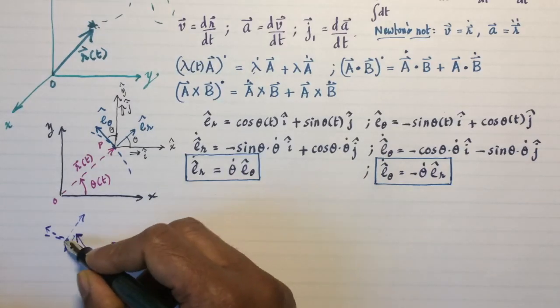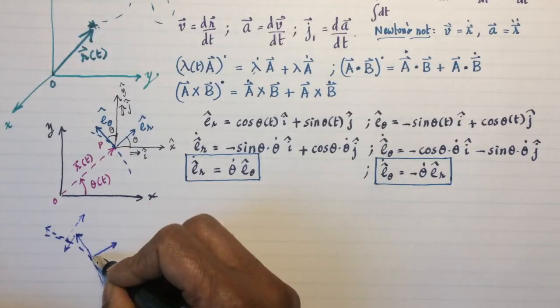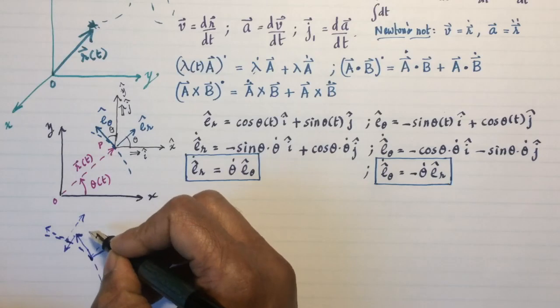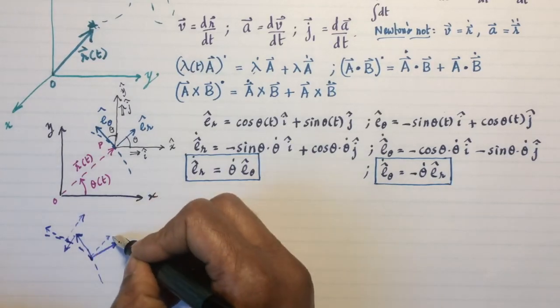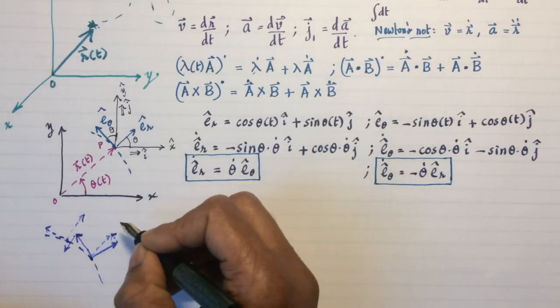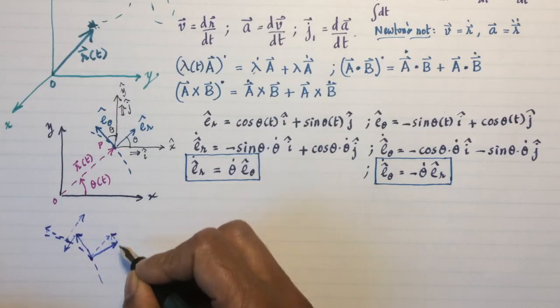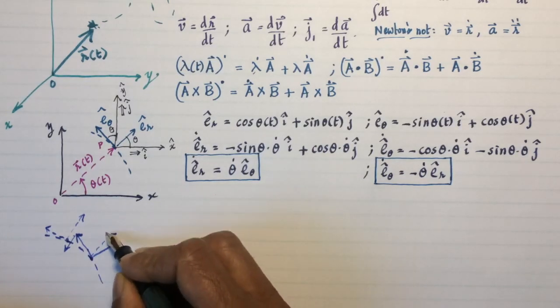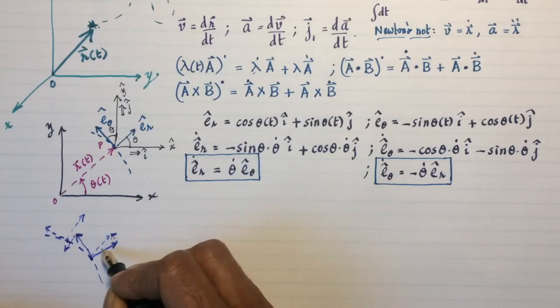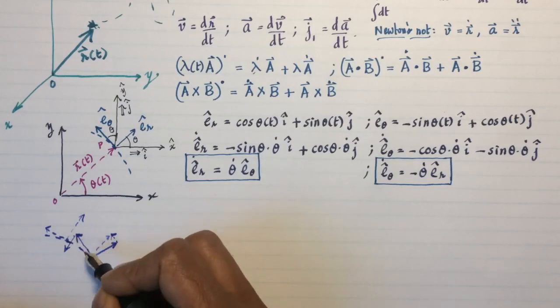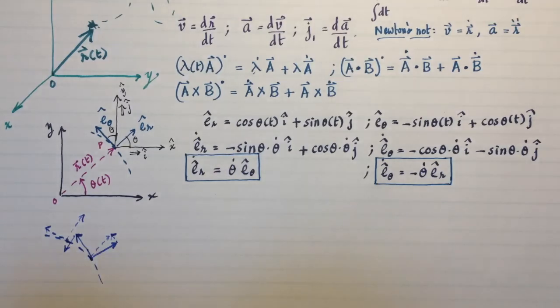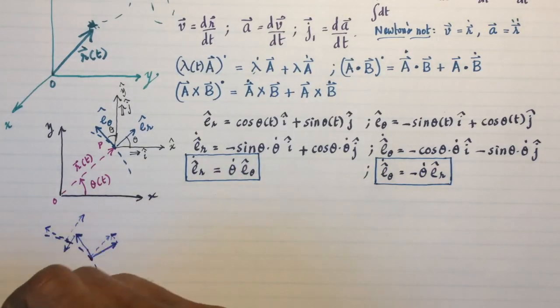And the rate of change of the r vector, as it's gone from here to there, is actually in the theta direction. So the rates of change are in the complementary directions. It will be in this tangential direction for the r vector, and it will be in the radial direction for the theta vector. That's the origin of this mathematical